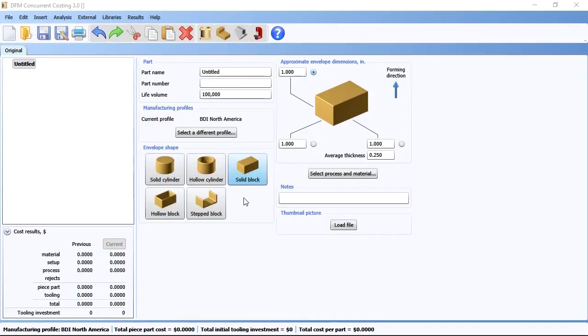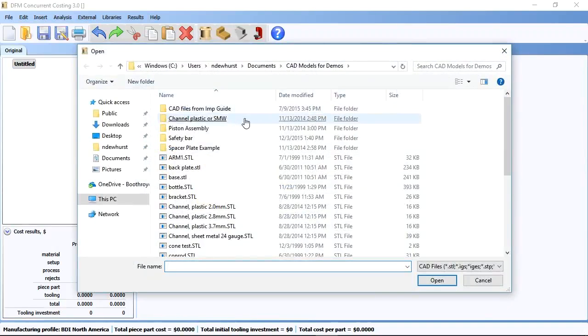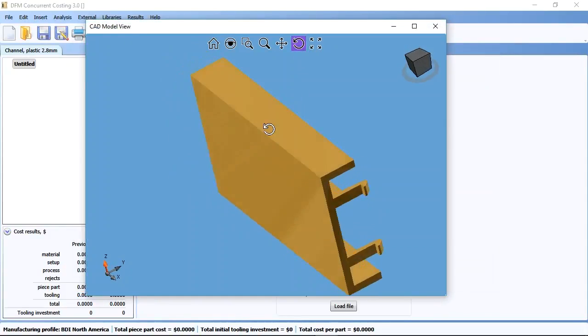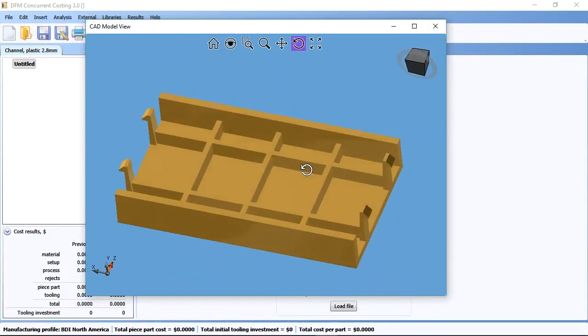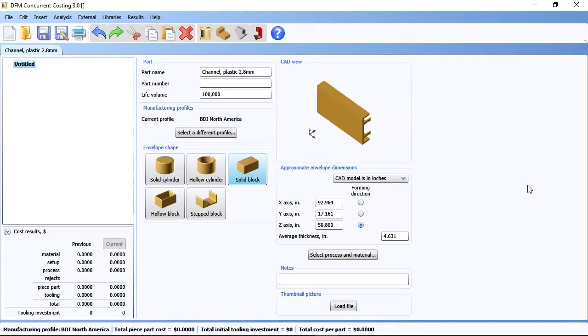In this video, we're going to analyze an injection molded part using a CAD model. From the external menu, I'm going to select Load, and from the File Open dialog box, I would browse to a location where my CAD model is located. Here the CAD viewer comes up and shows us the model, and it has imported the information into the analysis